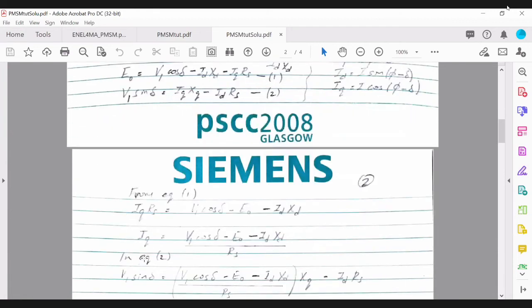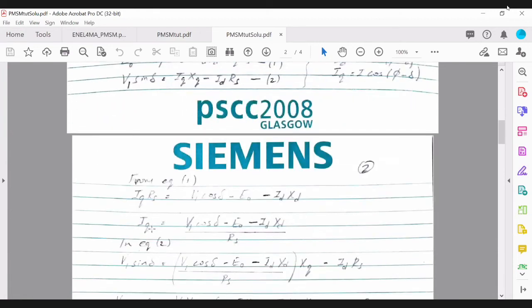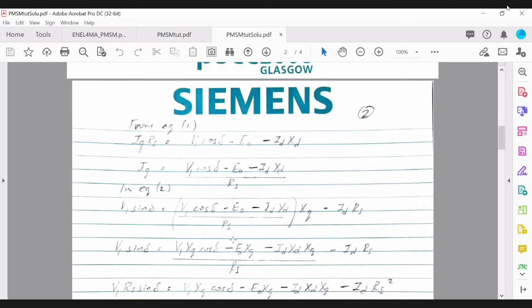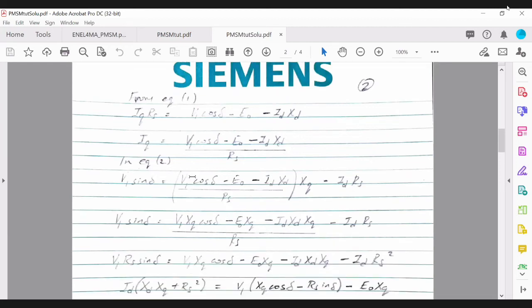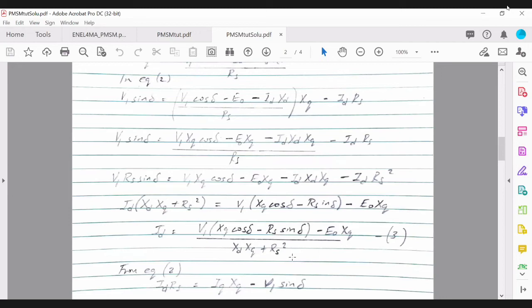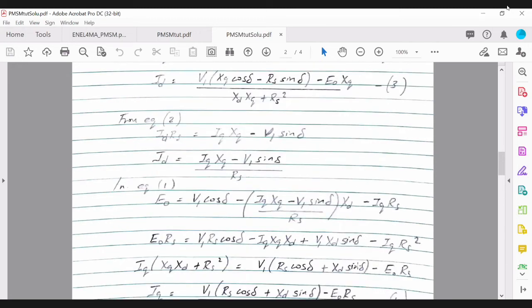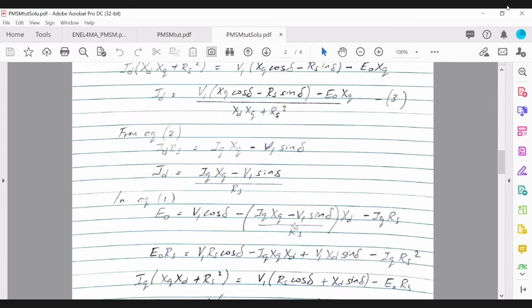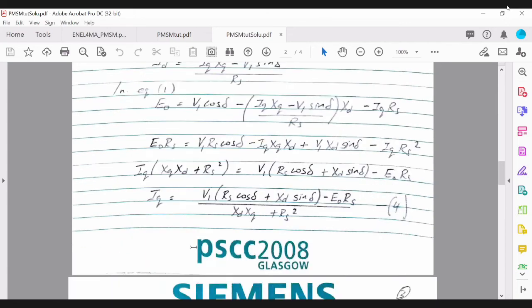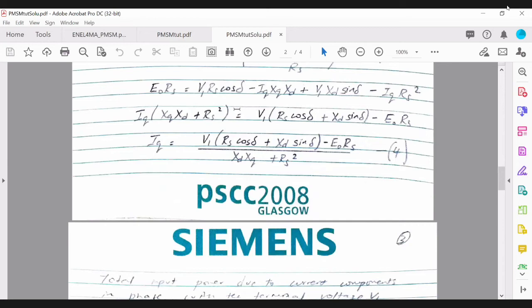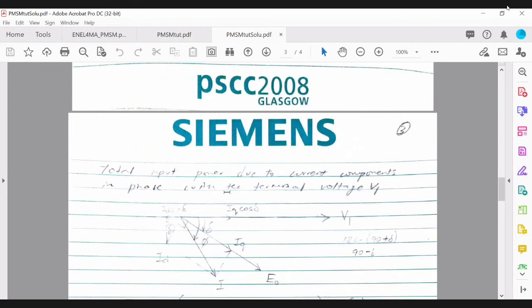So from equation 1, you can basically make IQ the subject of formula, and then you can replace it in equation 2, and you end up with equation 3, basically, which allows you to work out what is the D axis current in the motor. And also I've rearranged equation 2 in equation 1, and I've basically worked out how to get IQ, which is the Q axis current. Okay, so